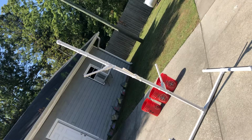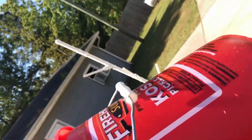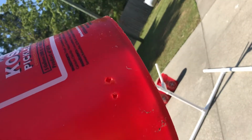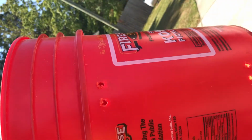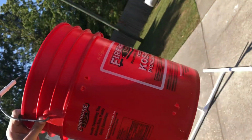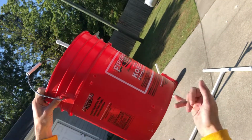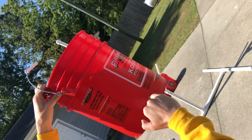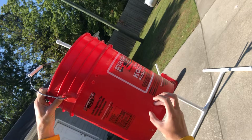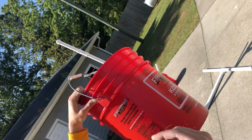So, we've got our 2 zip ties and this 5-gallon bucket. What I want you to see is we've got 2 holes in 2 locations on the bucket. These holes are in line with one another. So set the bucket down, take the 1/4-inch drill and drill 2 holes next to each other about 1 inch apart. And what we're going to do is take our zip ties